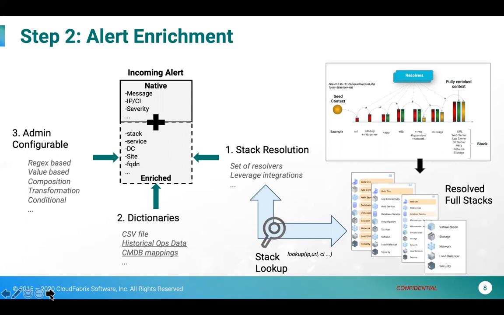Also, the ability to understand the relationships between different sources. For example, when I get an alert and it has a device name, I should be able to automatically know that from the device name, I can map to this particular table in CMDB and get some more attributes. Or I can use the device name and look at my log files to get some more attributes. So the ability to learn this dependency automatically is very critical, because manually doing it is not an option. If you have a small set of groups, it's okay.